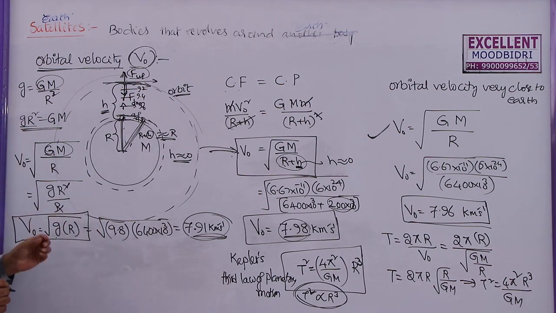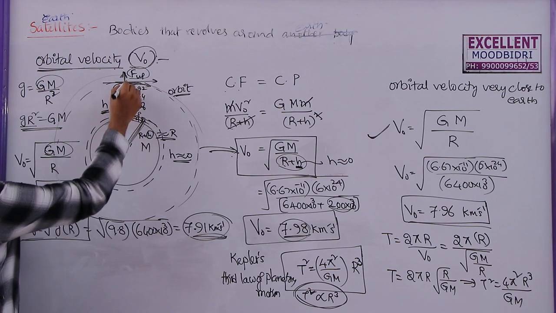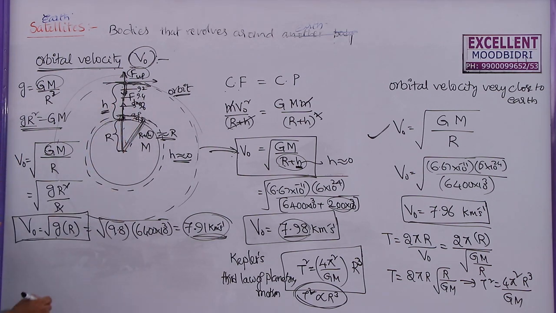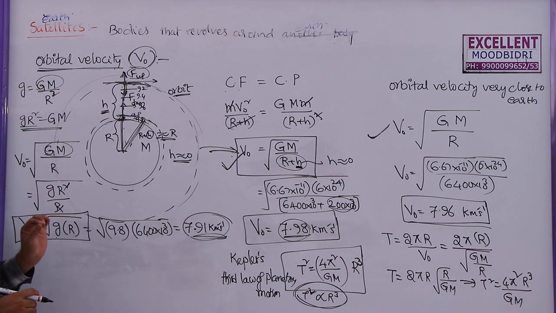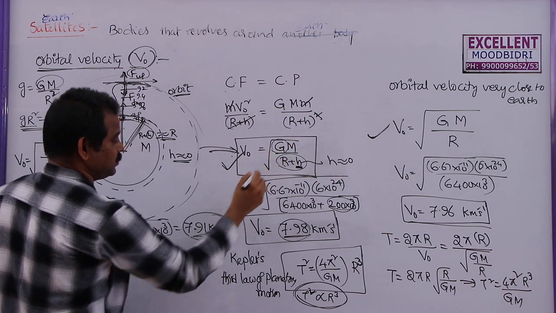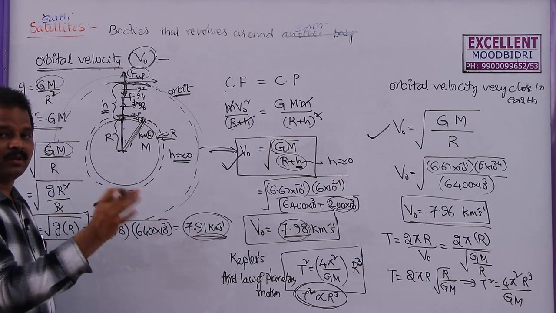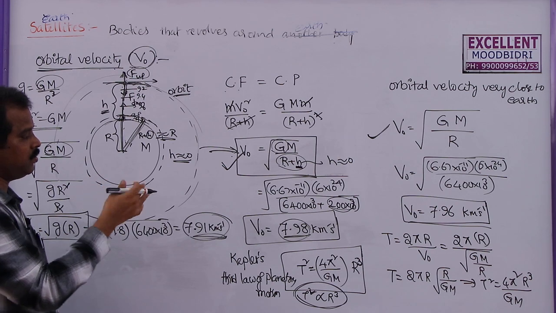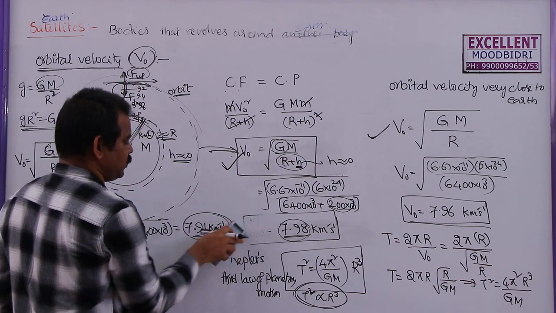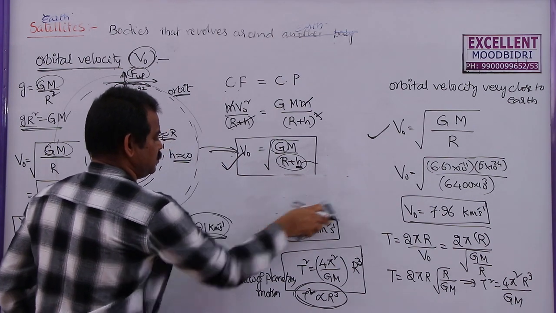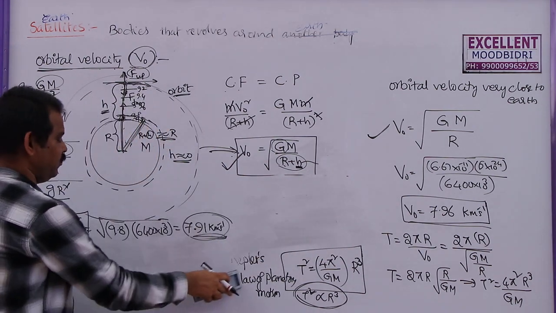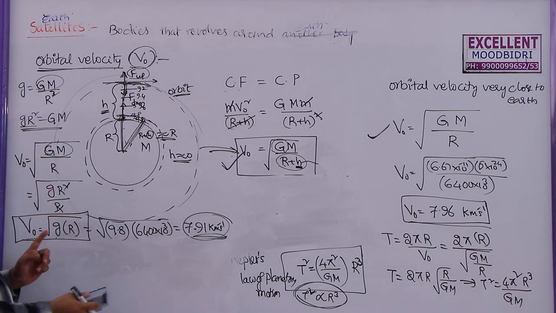But once again I am telling you, you can use this formula only if the orbit is very close to the surface of Earth. But most of these satellites are revolving at a height of around 200 kilometers. So then it is better to use this formula. Why? Because at 200 kilometers, small g will not be equal to 9.8. Then we can take capital G, because capital G value anywhere in this universe remains 6.67 into 10 power minus 11 only. So that's why we can use this formula if the height is not 0. If height is 0 or nearly equal to 0, then we have to use either this formula or this formula.